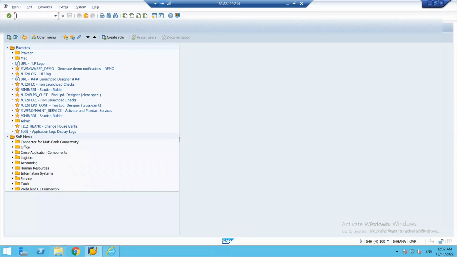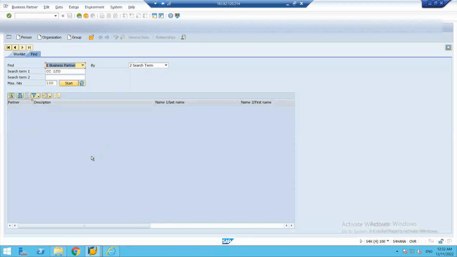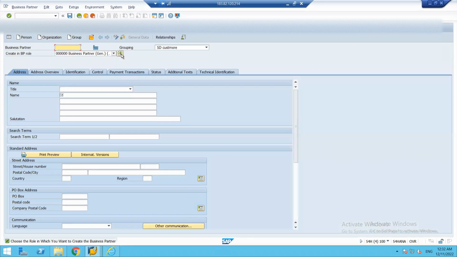So this is the SAP Easy Access screen. Type here BP, enter. First of all, what is a business partner? A business partner can be a person, an organization, or a group. I'm clicking on organization because I want to create data for a company. So first of all, we are creating